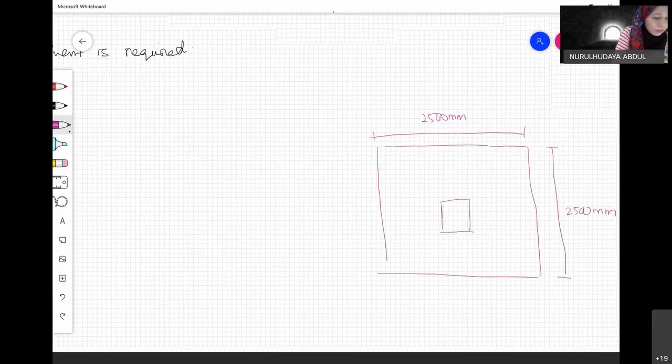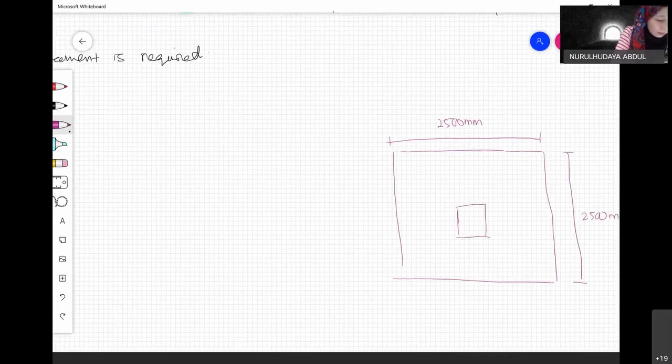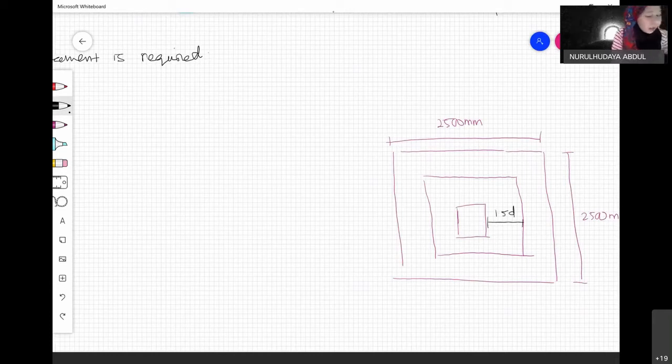Okay, and punching shear dia akan happen dekat keliling foundation, which is dia punya jarak ni is 1.5D from the face of the column. Okay, so since the D for this question is 540, so 540 you darab je dengan 1.5, you akan dapat 810